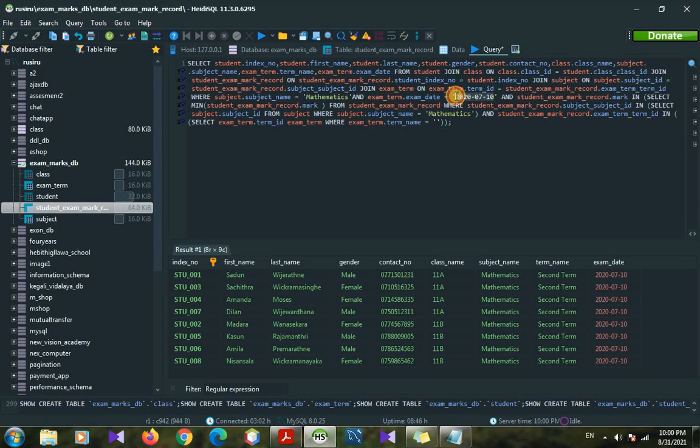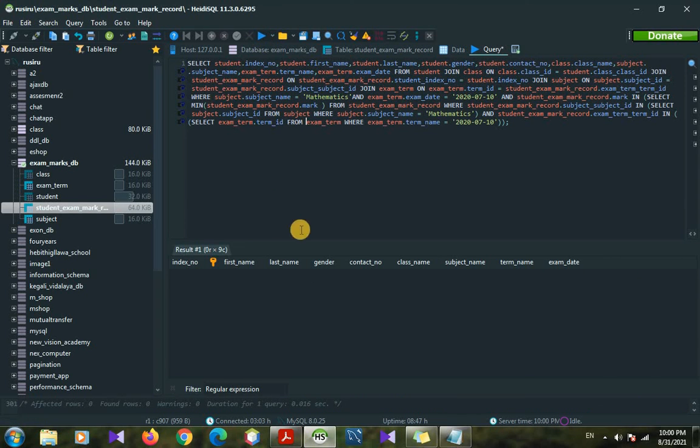So here we can take it and paste it here. Here we should put the from keyword. Here we can give from exam term table. So if we run this now, it's coming no results because here we have made some error. So here we can check it and fix it.